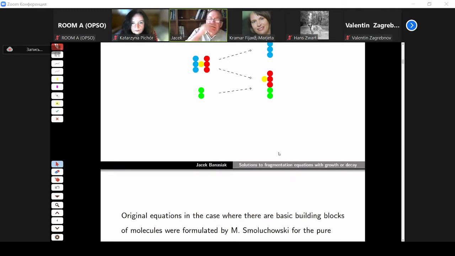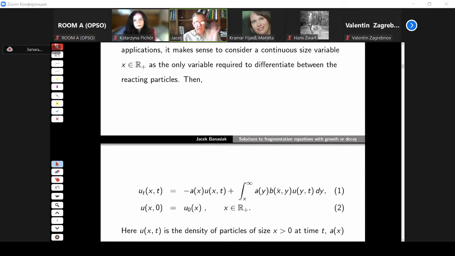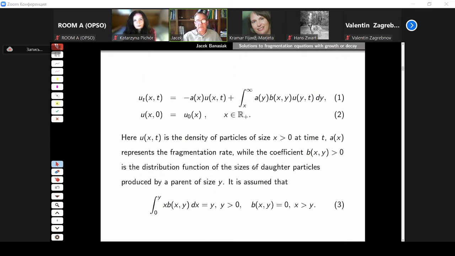The original equations in such a case, where there are basic building blocks of molecules, were formulated by Marian Smoluchowski in the case of pure coagulation in 1916, 1917. They were generalized to coagulation and fragmentation equations by Becker and Doring and Blatz and Tobolsky a little bit later. However, in many applications, it makes sense to consider a continuous size variable x as the only variable required to differentiate between the reacting particles. And in this case, forgetting about coagulation, we obtain the fragmentation equation, which is an integral partial differential equation, non-local, linear,